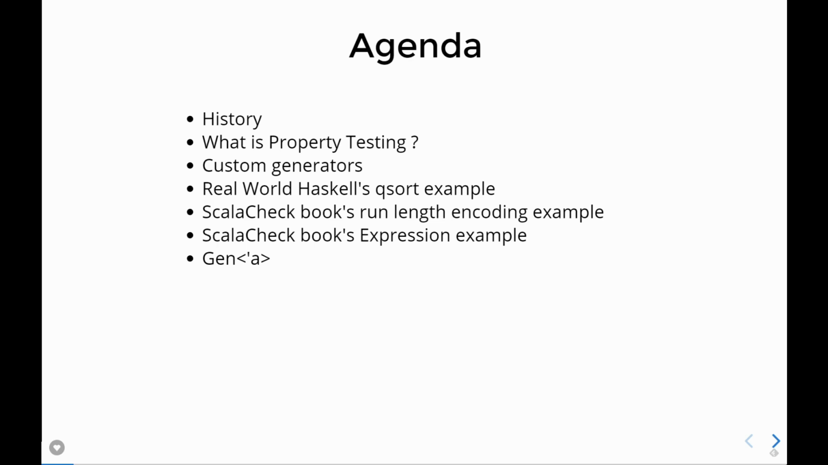I don't have a strict agenda, but it's along these lines. I'll talk a little bit about the history, not much, just a quick slide. And then we'll talk a little bit about what property testing actually is. And then we'll look through maybe some code examples. So I've ported to F#